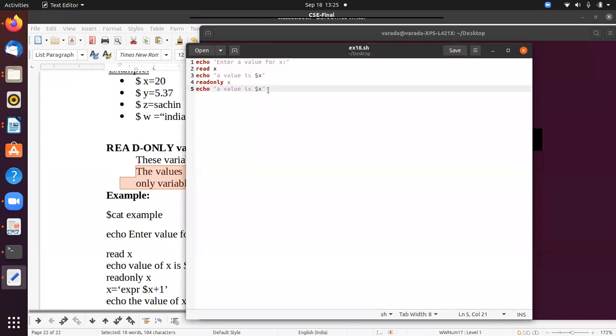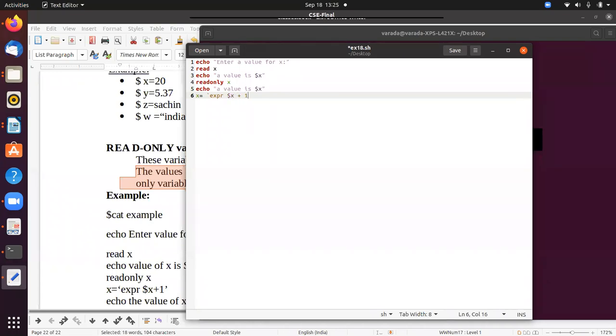But if I try to modify the data, for example, I can modify it like this: x equals backquote expr $x plus 1 backquote. This is a backquote, not a single quotation. Many times I have told you in previous classes, it's a backquote.